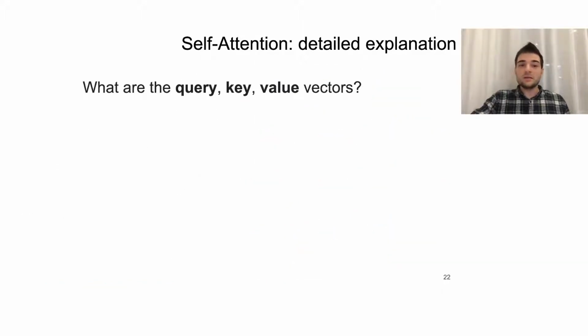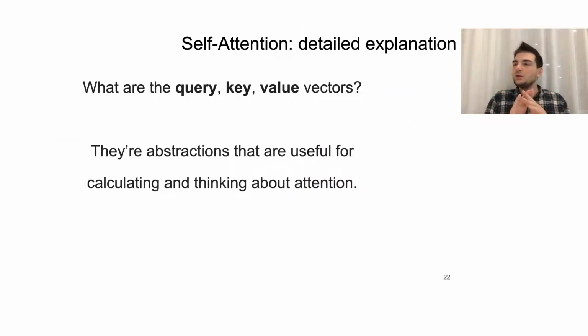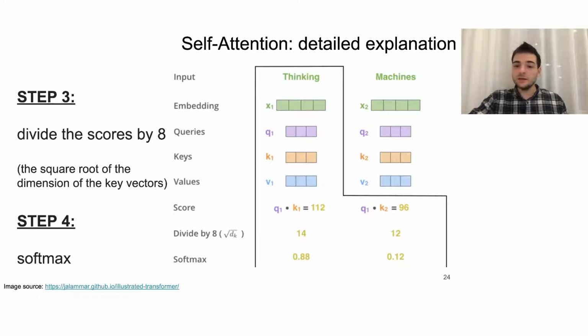So what are the query, key, and value vectors? Just once again, they're just abstractions that are useful to calculate and think about attention. So they're just abstractions. They don't have any specific meaning. We just assume that if we give our network an opportunity to decompose the information into three parts, which are rather intuitive for us, so from where we're looking at the information, to what information exactly we're looking, and what do we actually see there, we think that it will actually somehow help the network to learn the parameters a bit better because it has some kind of informative prior in terms of architecture. Actually, we incorporate this prior into our model. And that's kind of it.